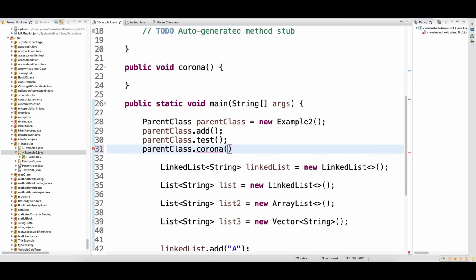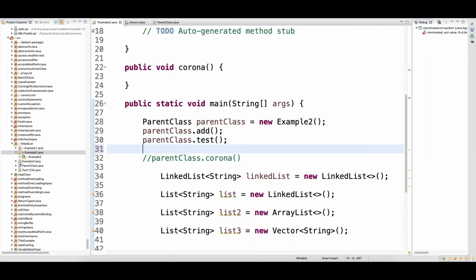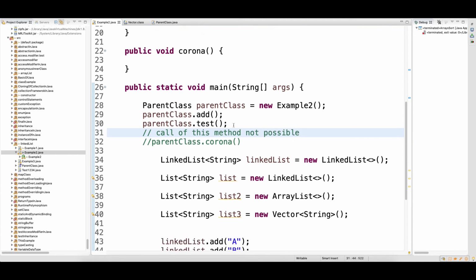This call is not possible, it will give you a compile time error. Call of this method not possible.